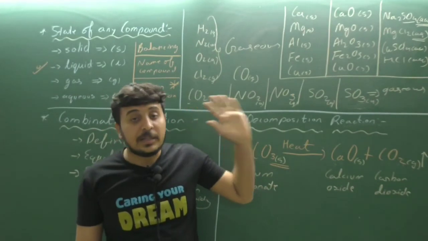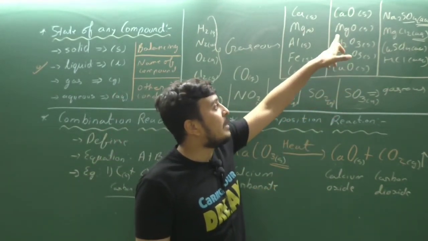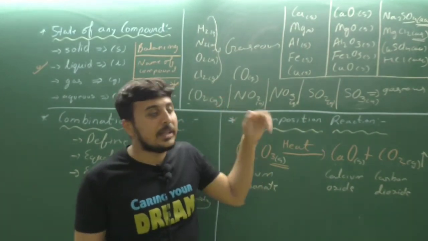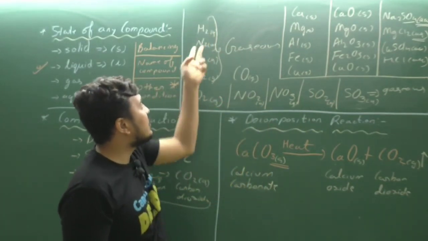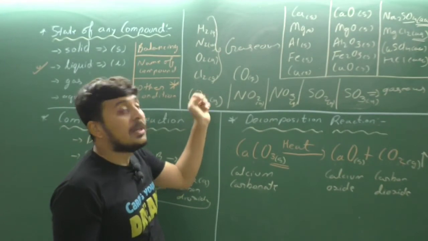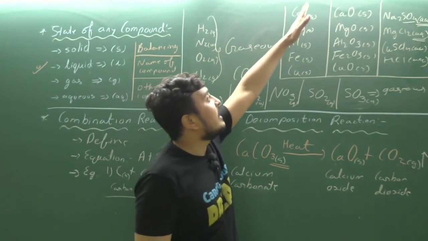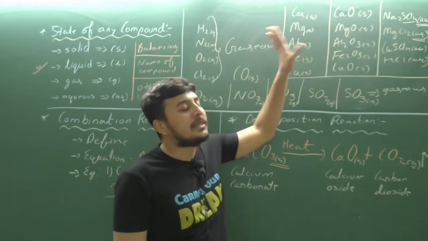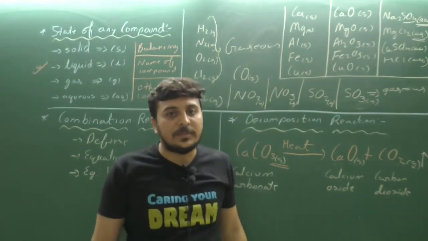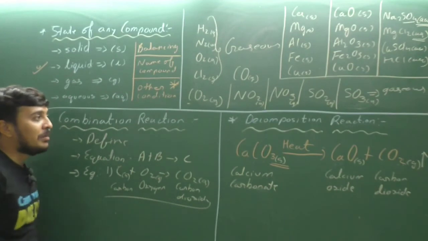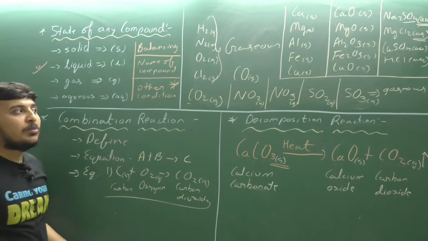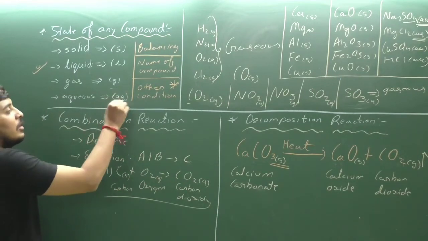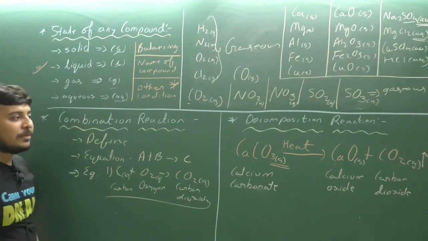Clear? If they are metal oxides, then solid in state. If non-metallic oxides, then they are gaseous in state. If they are diatomic, H2, N2, O2, Cl2, then they are gaseous in state. If there is a single metallic atom, that is solid in state. So you have to remember this, and you can make the chemical equation more informative by learning how to write the states of any compound.